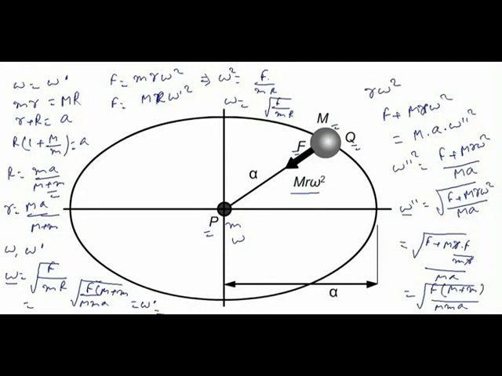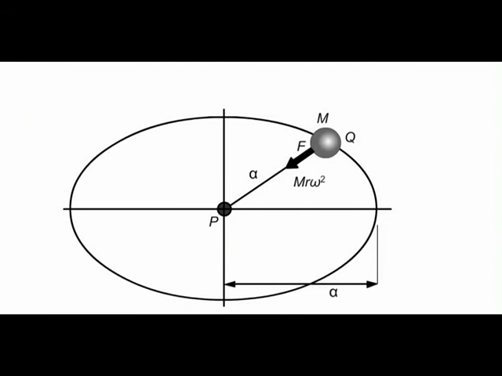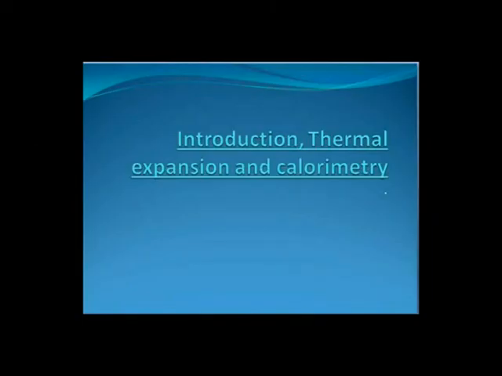So as you can see from here, the values of omega dash and omega double dash are equal, and it is equal to root under F into capital M plus small m by capital M into small m into a. So this is one interesting result that you need to remember: even if we fix the frame of reference at one of the objects, the angular velocity of the other object will remain the same. Now we'll start the introduction of